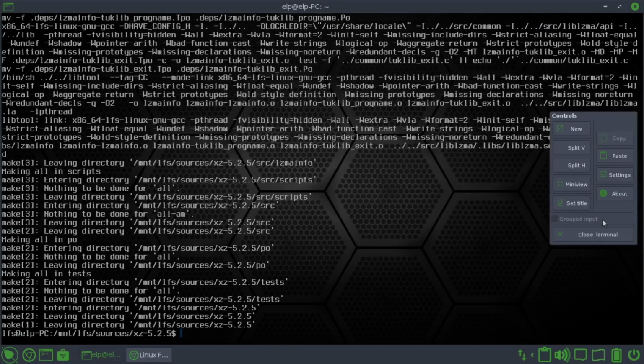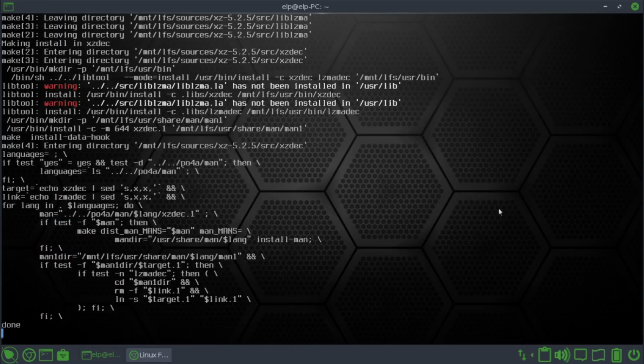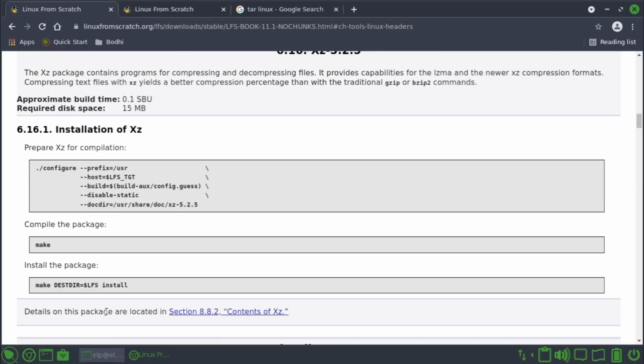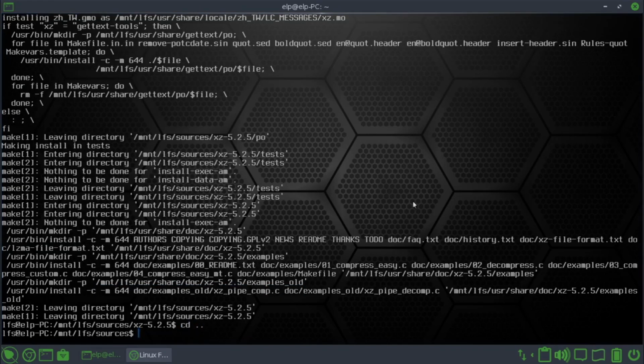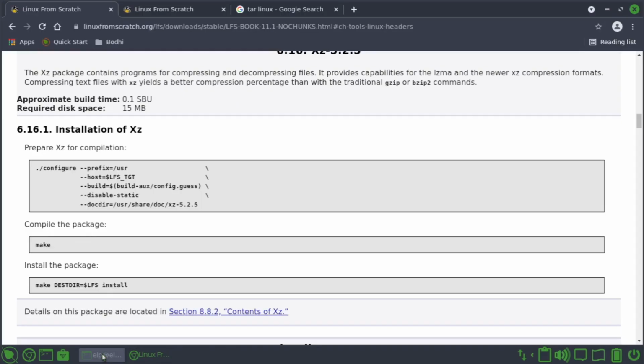Well, now make is done, then we install it. Now that xz is built, then rm -rf, recursive force, for the xz folder. Okay. Now the next